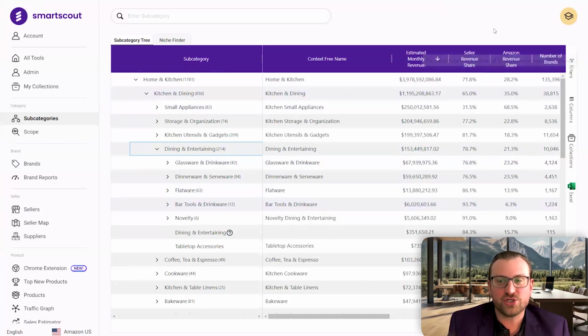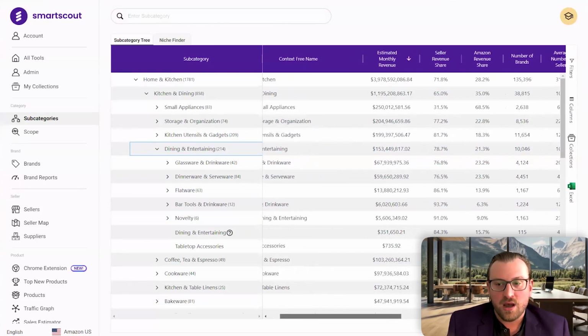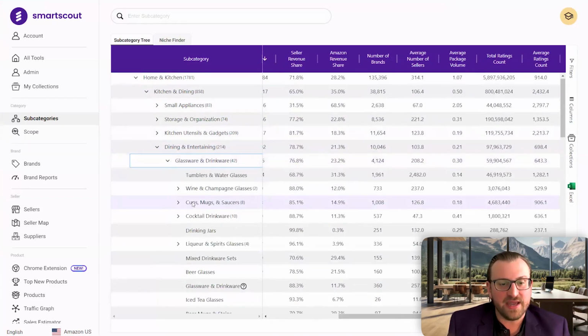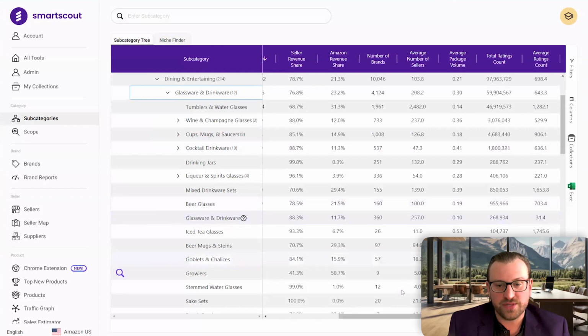That's really actionable information, because when you sell on Amazon, you don't really want to compete against Amazon. Of course, if you are a big brand, you could try to get into Vendor Central and just have them sell your products. But typically when we're talking about going into private label, we're going to come in as a third-party seller. So that is very important information to take in from a competitive standpoint. You also at a high level can look at how many brands are selling in a particular subcategory, and you can dive in all the way down to a particular subcategory.